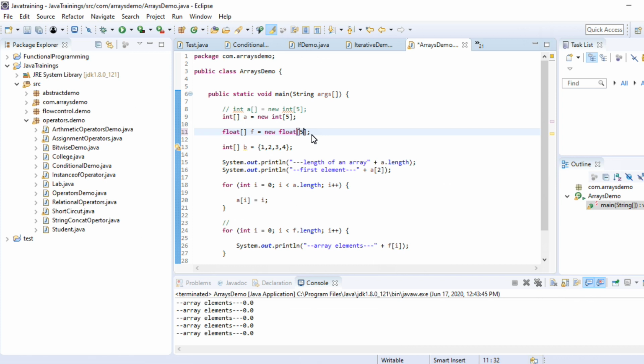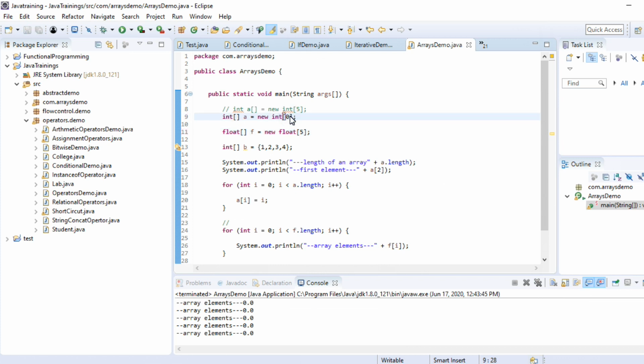These are the rules we have to follow while declaring and initializing an array. 5 points you have to remember here. Whenever you declare an array, you need to provide the data type and you need to provide size. Once you declared with some data type, you can't insert another data type value into that particular array. Next one is, whenever you are declaring an array, you have to provide the size, otherwise you need to provide initialization. Even you can declare an array with size 0. So even if you give size 0, that's fine.